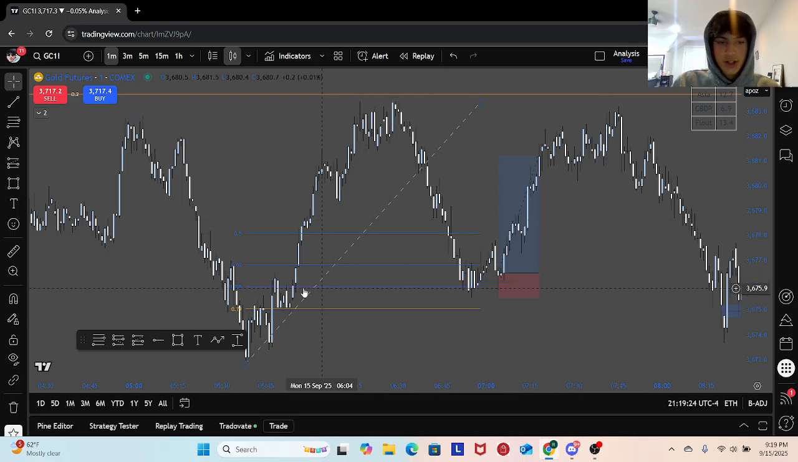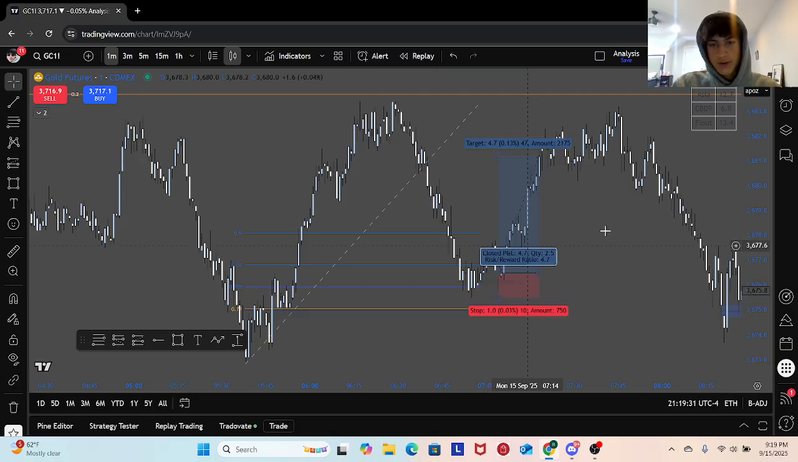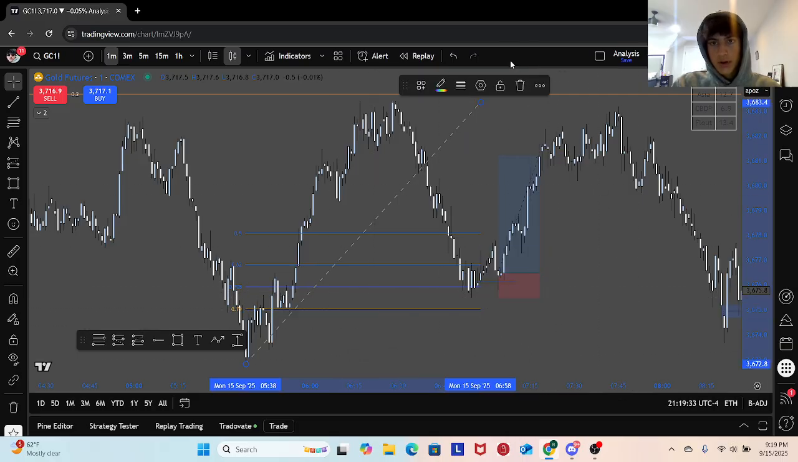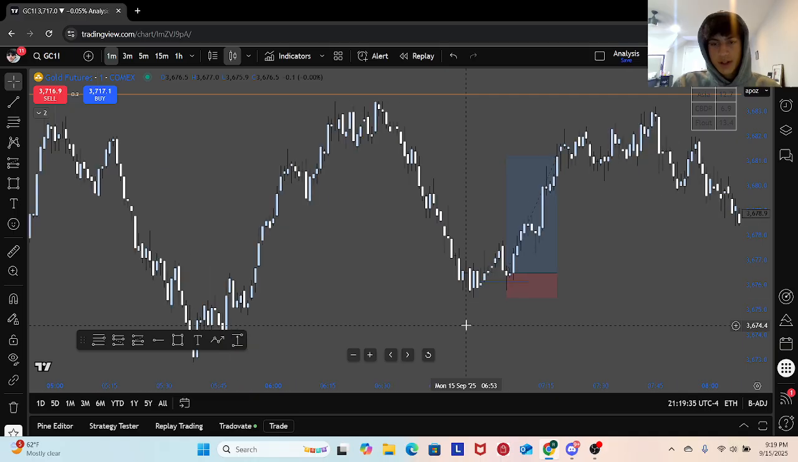Equilibrium hit. Actually, we hit 705. 705 is where price gets really aggressive, and you can see it got very aggressive. So, yep. For my low time frame entry,